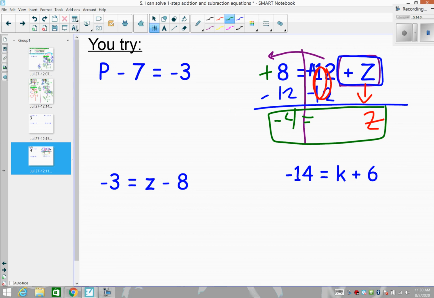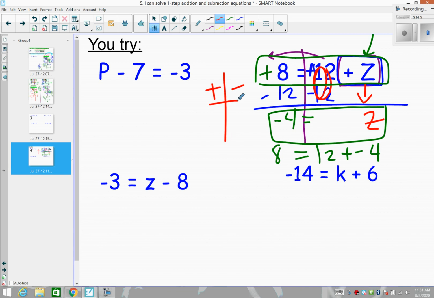So I'm going to rewrite it below. What is true about this statement? Well, that says 8 is equal to 12 plus -4. Is that true? Well, if I tug of war that, and I put 12 players on team positive and 4 players on team negative,